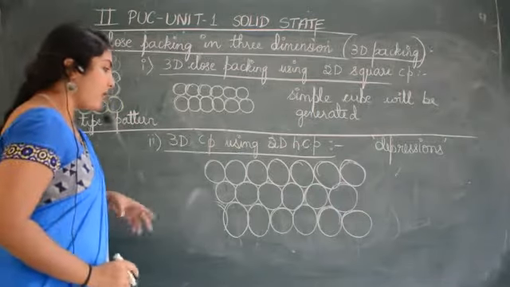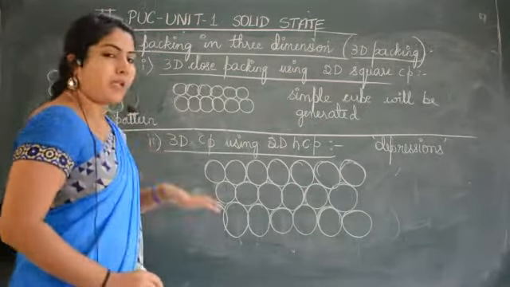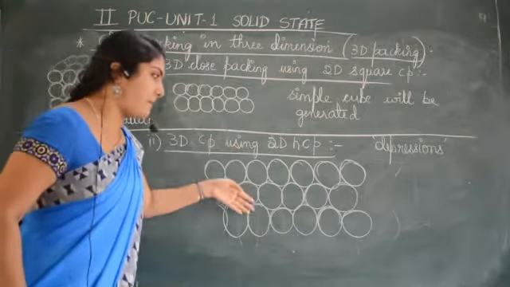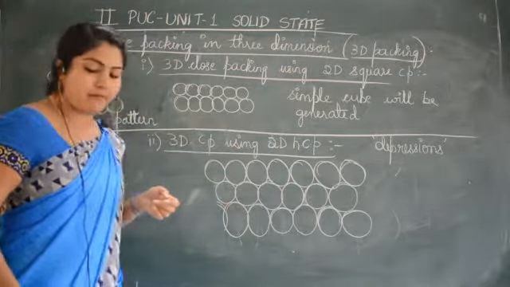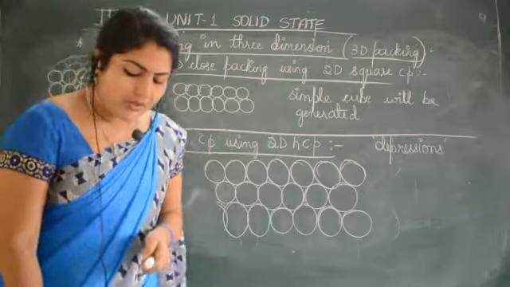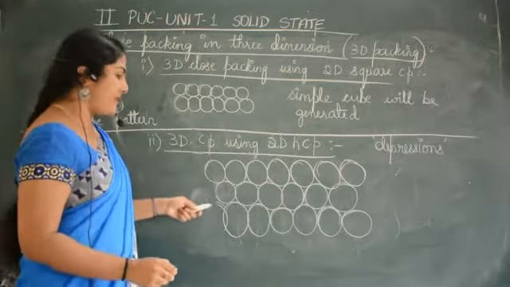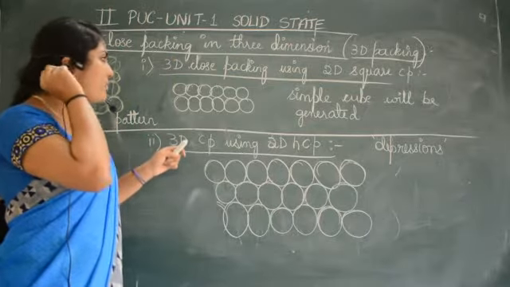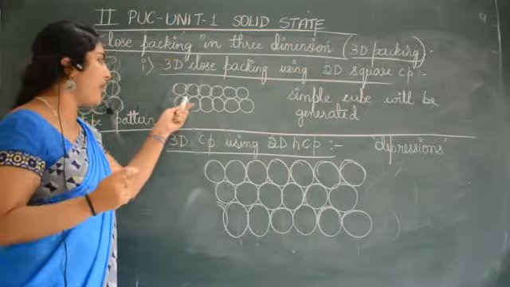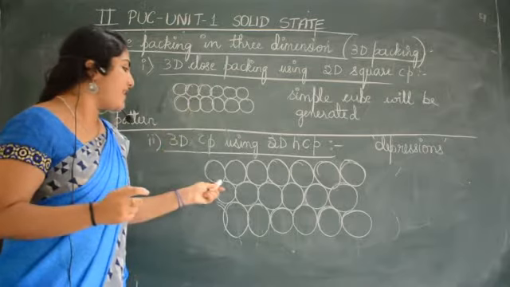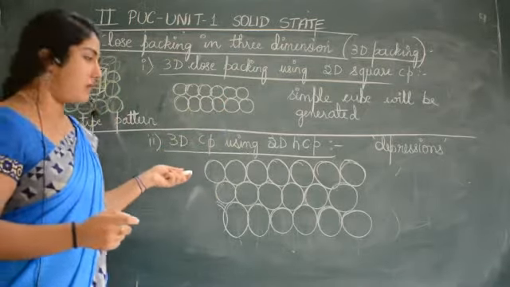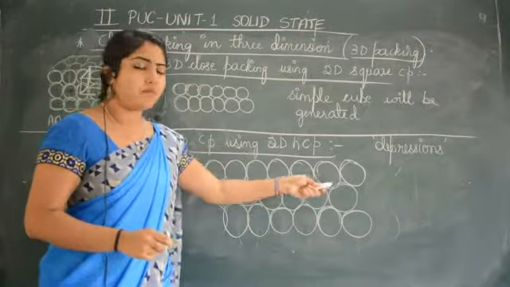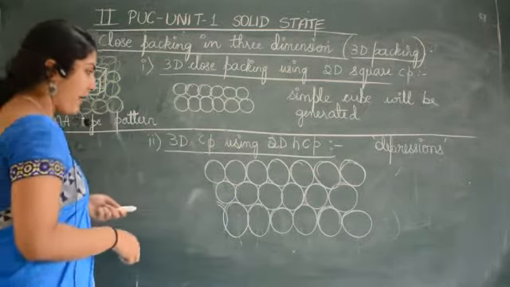Okay. Now you see here, I had to explain this in the previous one, but that applies here, and so I thought I will explain it here. You see that here there are empty spaces. I have again told you, I have compared it there itself, that in two-dimensional square close packing, the empty spaces are more, whereas in three-dimensional, that is two-dimensional hexagonal close packing, the empty spaces are less comparatively.